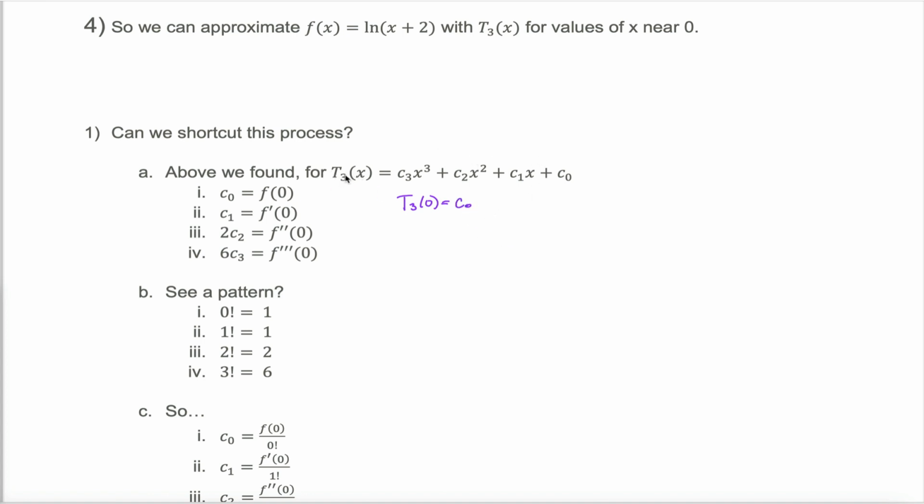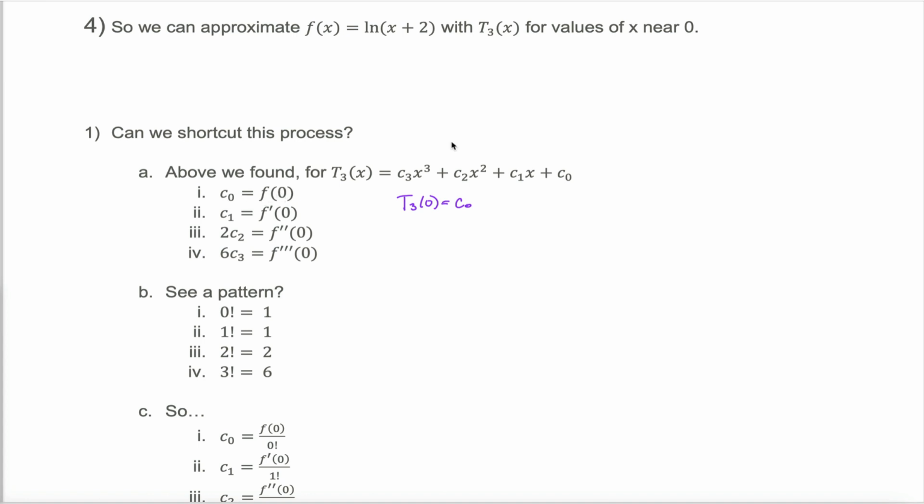So in order for the height of the polynomial to be the same as the height of the function when x equals 0, we needed this constant term, C0, to be the same as the height of the function at 0. In this specific case, the function was the natural log of x plus 2, so the height of the function at 0 was the natural log of 2. But I want to keep this a little bit more general. I want to give you formulas that work for any function, not just the function f of x equals the natural log of x plus 2. So what we'll need to have happen is have C0, the constant term in our polynomial, to be equal to